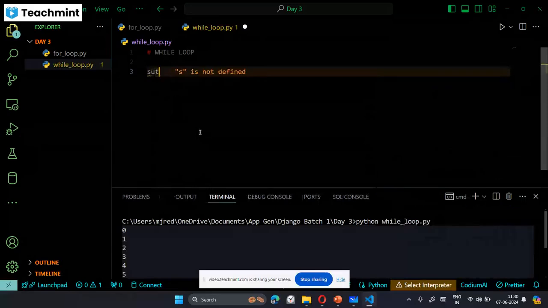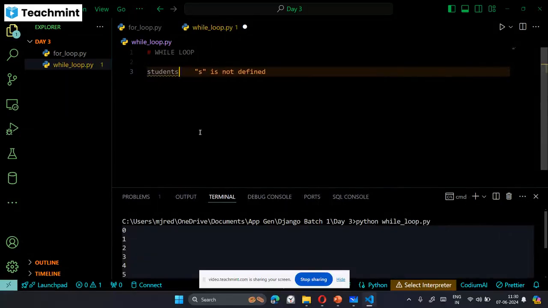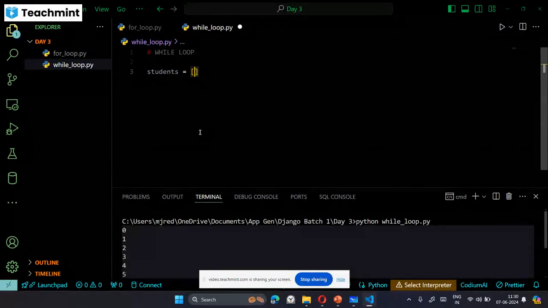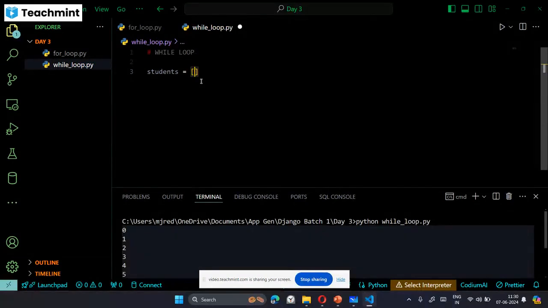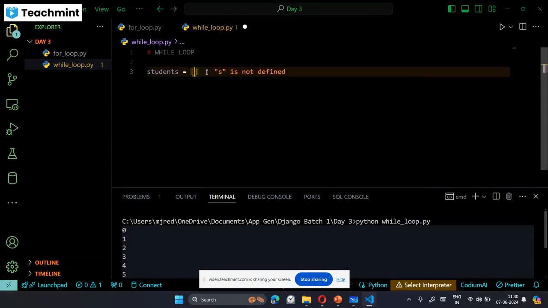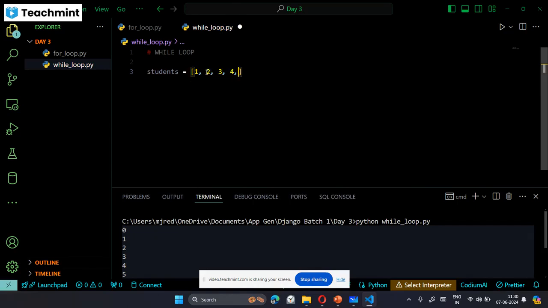for example, I have 10 students with roll numbers 1 to 10. I want to access these students only between 2 and 6. So from roll number 2 to roll number 6, I want to access. In that situation,